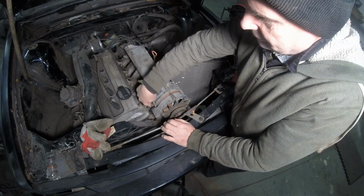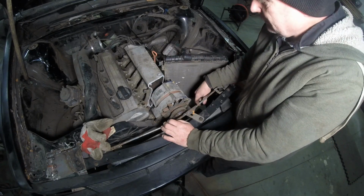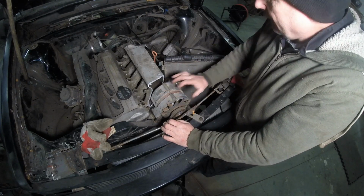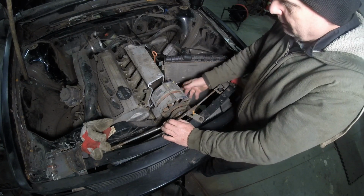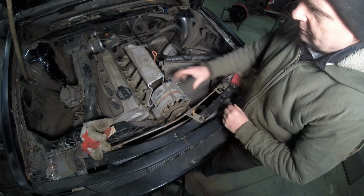Well, as you can see, the alternator is taking up way too much airspace inside here. Well, change of plans. I guess we're going to have to move. I was trying to keep the alternator out of the airflow of the radiator, even though it is restricted with the intercooler. So I'm going to have to move the alternator over a little bit. Let me see. I'm going to try and move it over this way a little bit and see if I can get